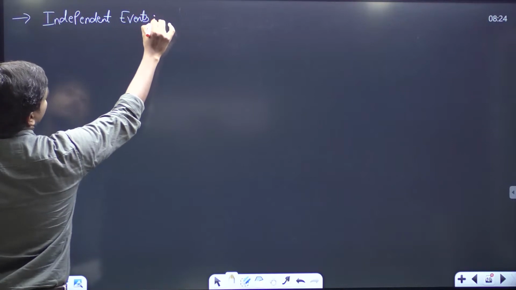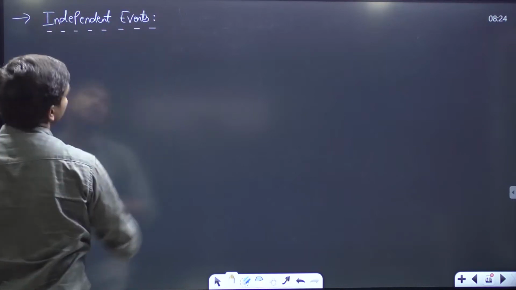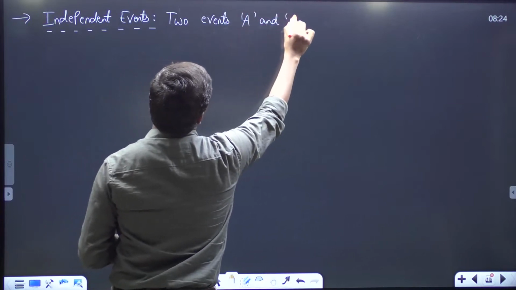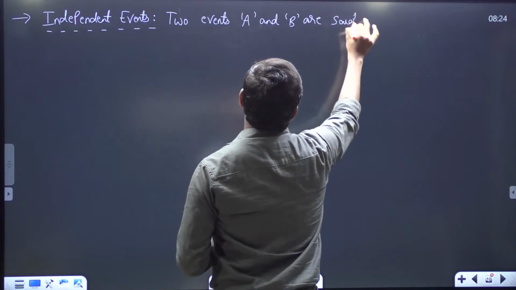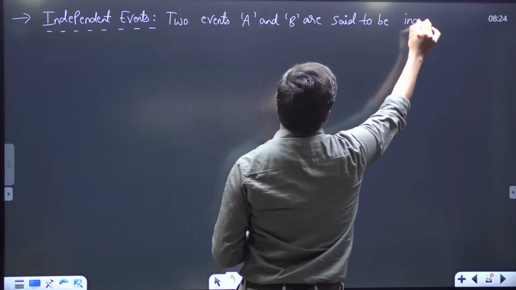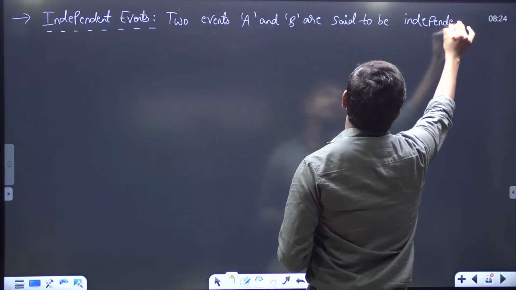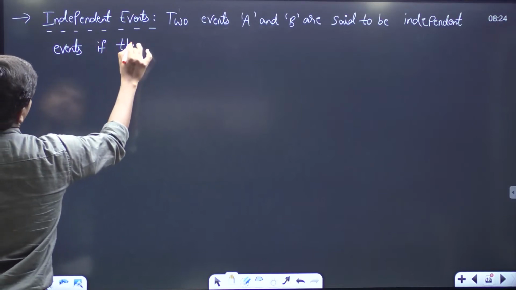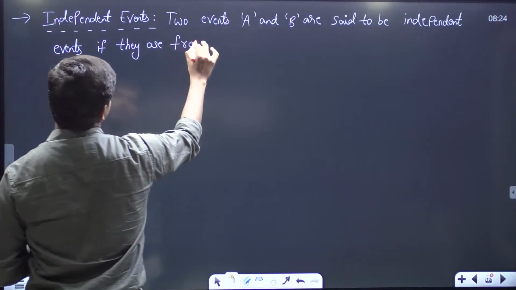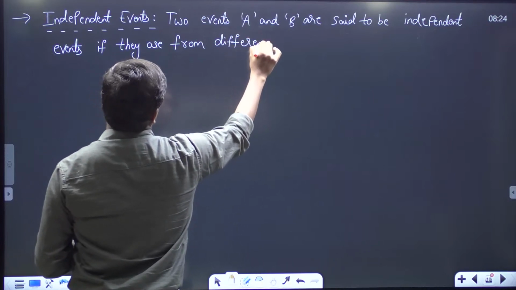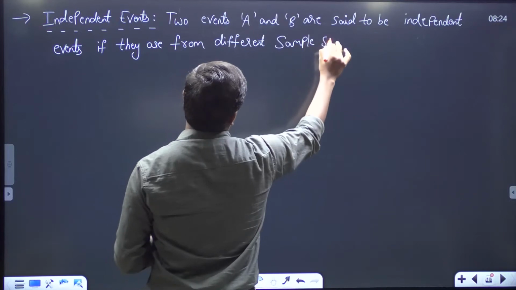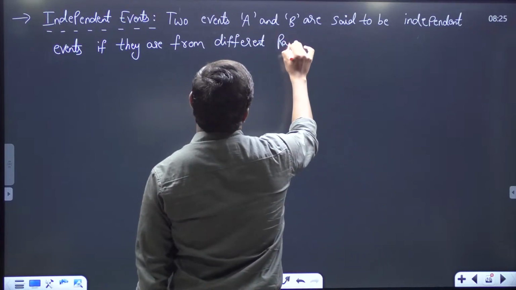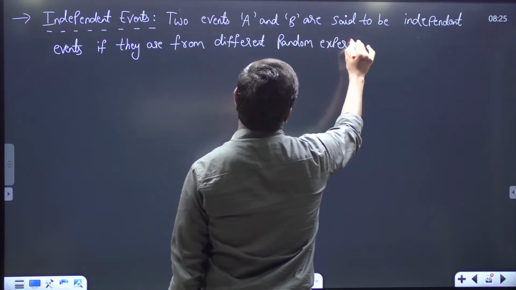Two events A and B are said to be independent events if they are from different sample spaces, or if they are from different random experiments, and